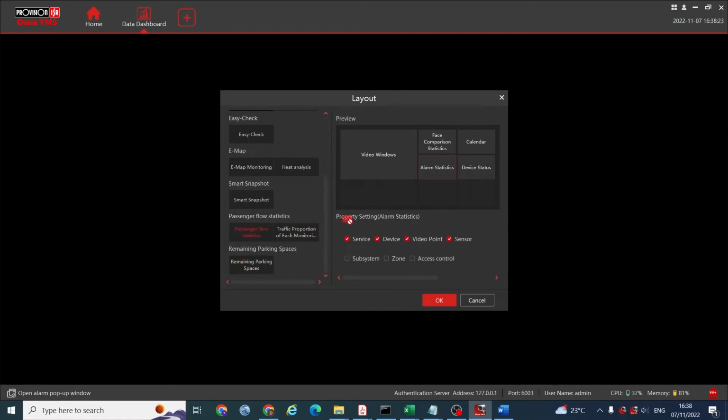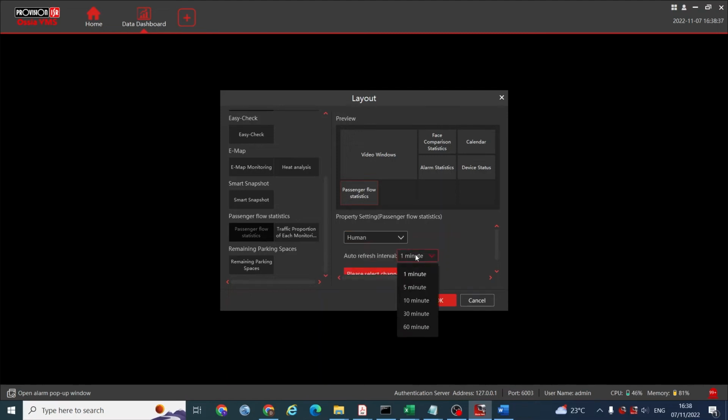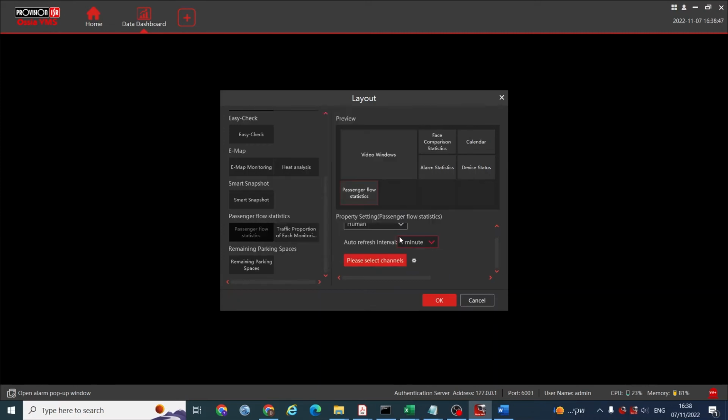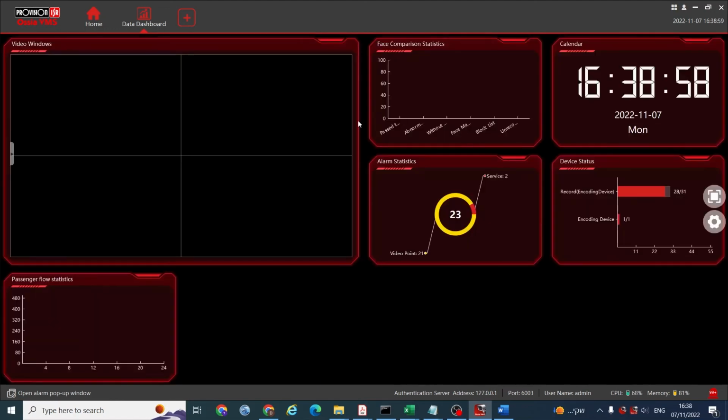So for example, let's take the passenger flow. In the passenger flow, counting people basically, we choose what kind of object we want to count, if it's a two-wheel or four-wheel vehicle, or a human, and how often the information is going to be updated, and which cameras we want to have on that list to take this information from. So the setup is done right here in the backstage. After we are finished and we have everything we want in our new module, we can press OK, and the system is automatically going to fix for us the